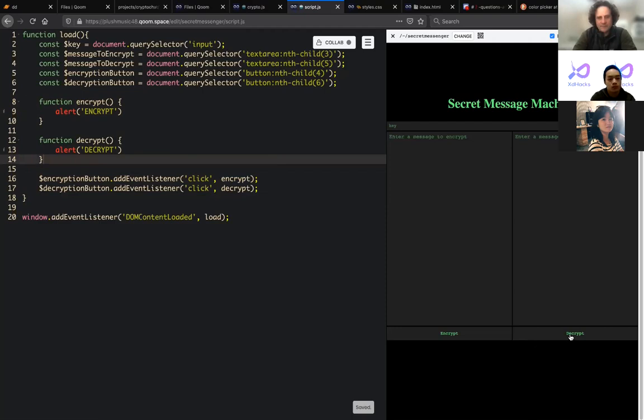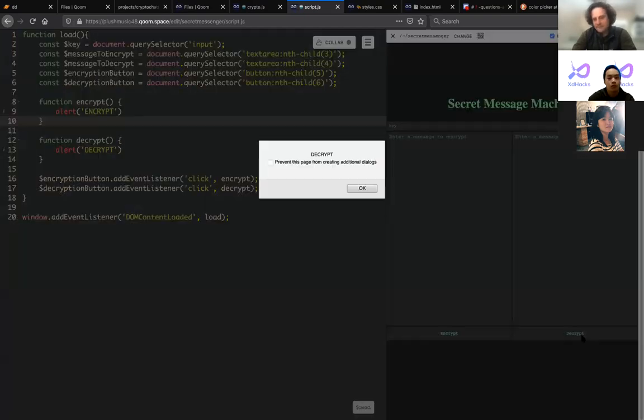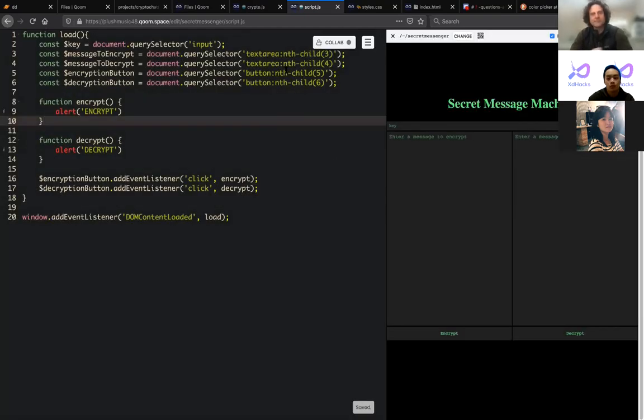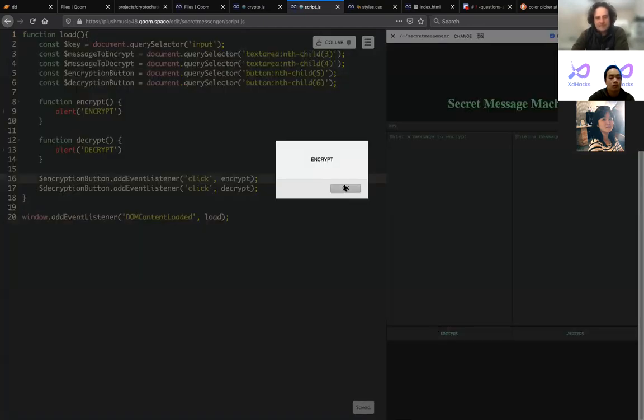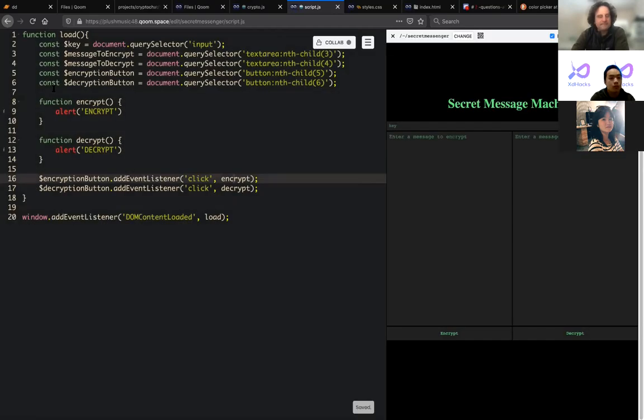Okay, try this one. Oh, I see. I think what I have from my notes is wrong. So let's try this again, like this. Okay. There we go. Encrypt and decrypt. Sorry, the order I put in is different from my notes. So 3, 4, 5, 6. That's the order I typed them in. Encrypt and decrypt. Okay. All right, I'll give you guys about 30 seconds to a minute to ask any questions